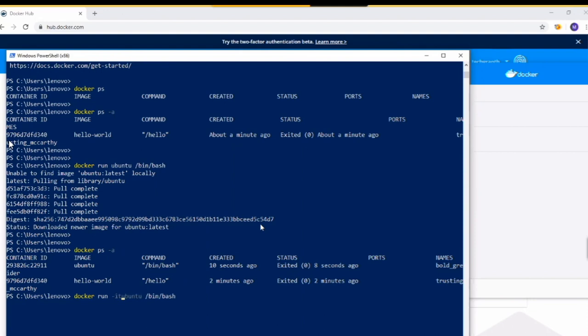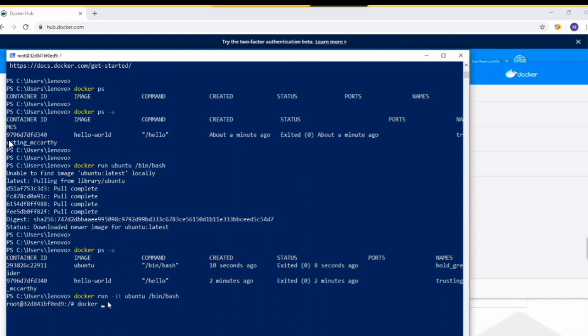So let's run with a terminal. Docker run -it, where i is interactive, t is terminal, and /bin/bash is the prompt. What it does is run the container and bring us to the root prompt within the container, right?